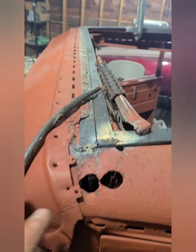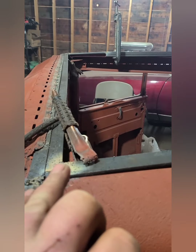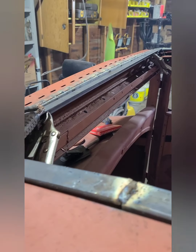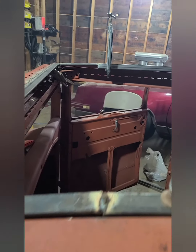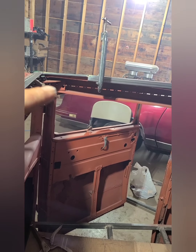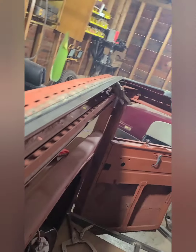Alright guys, so here's what we got going on. I welded the visor to a piece of angle iron here. I still got to grind everything, but then I got another piece of angle iron in here so these two can bolt together. And then this top piece here is connected just with a piece of flat bar, and I'm going to run another one along the bottom after I take the top off to kind of just box it in. But that should allow me to